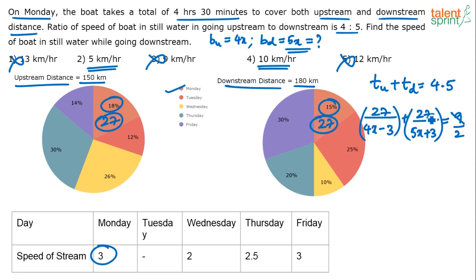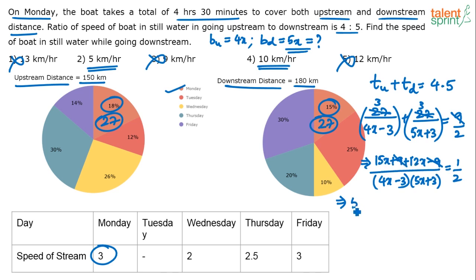So I think simple calculation is this gets cancelled 3 times. Now do the cross multiplication. So when you simplify, I think we will get 3 into 5x, 15x plus 9, plus 3 into 4x, 12x minus 3 into 3, minus 9, divided by 4x minus 3 into 5x plus 3, equals to 1 by 2. Yeah, so 9 and minus 9 gets cancelled. So what do we have overall? 15x plus 12x is 27x. 27x into 2, 54x